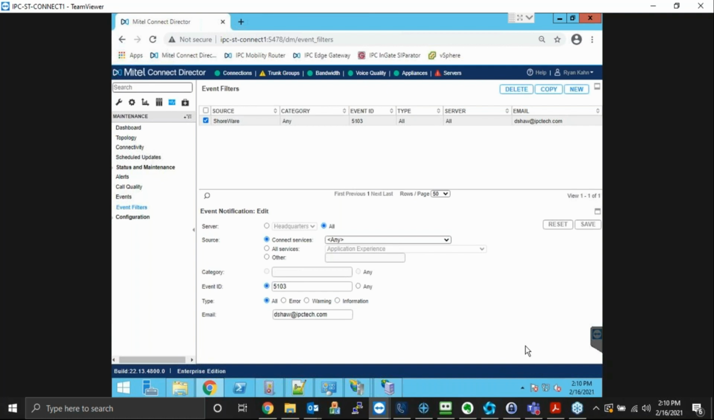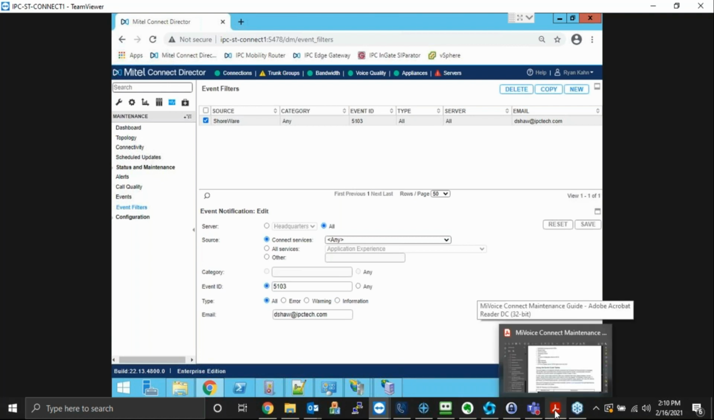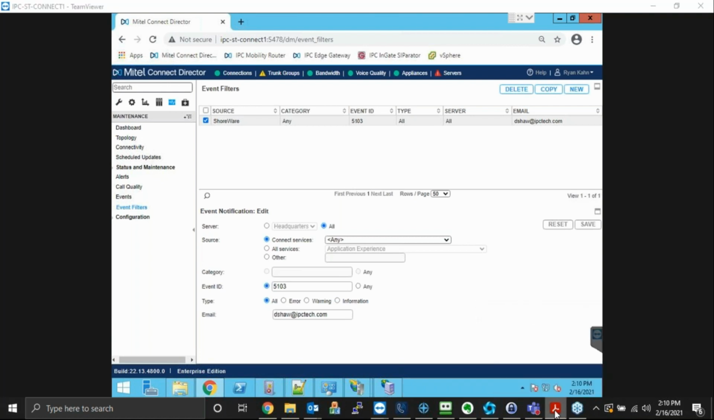And so I want to go over just a couple of those key event filters that we set up a lot of times for customers. And I'll actually show you guys in the maintenance guide that Mitel provides, that actually has a list of all the filters and the IDs that you can set up. And so if you want to get a copy of this maintenance guide and take a look at those event filters, you can actually click on the reporting